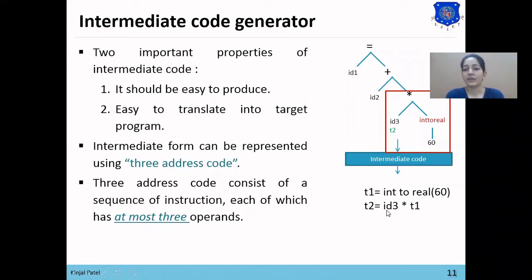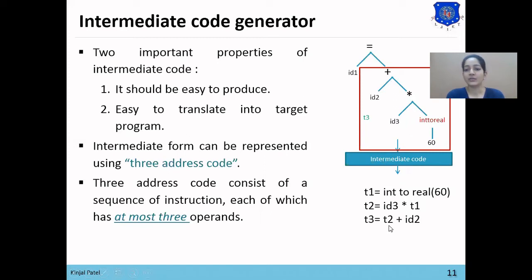Now we want to add ID2 with the output of ID3 multiply with 60, which is stored into T2. So T3 equals to ID2 plus T2, as the result of ID3 multiply with 60 is stored into T2.